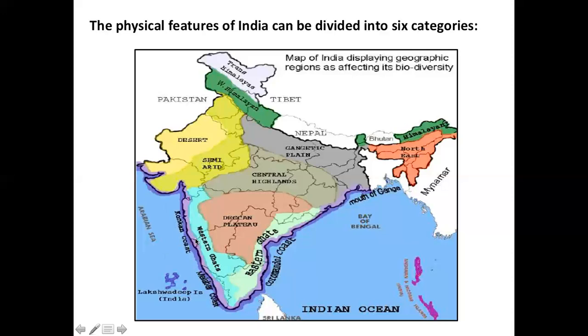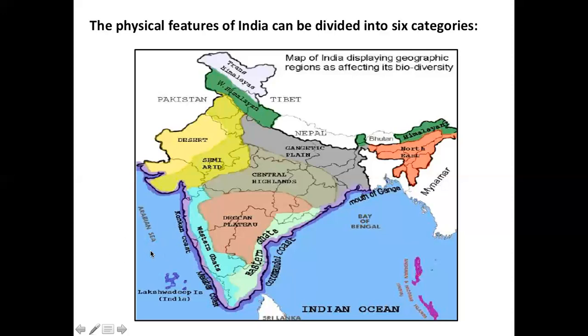Now let's go to the islands. Which are the islands? Islands are the Andaman and Nicobar Islands, which you see in the Bay of Bengal, a group of islands, and you see the Lakshadweep Islands. Those are found in the Arabian Sea. So I hope it is clear, children.